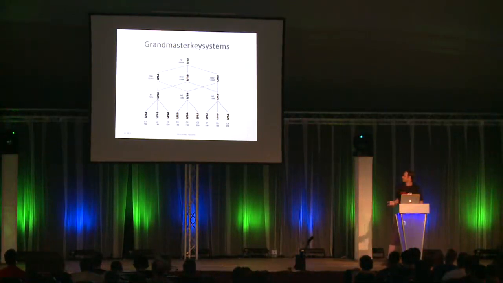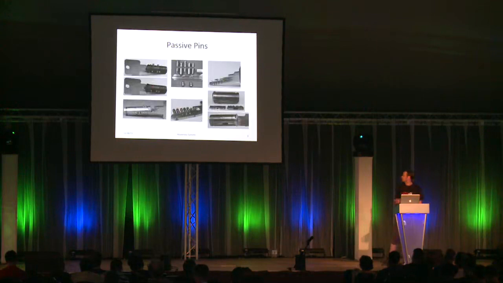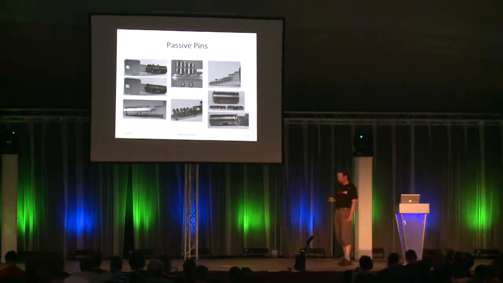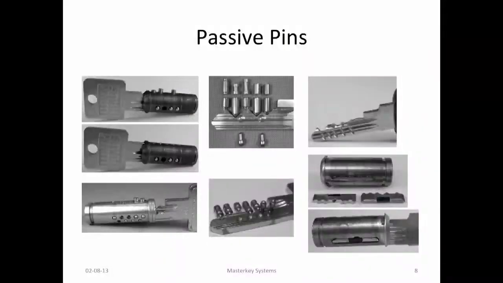Behind the mechanical part you can do many different things. Also, what we use are passive pins. This is what I will use to get the permutation on it. About passive pins: if you drill all the holes inside the key, you can open more locks than what the manufacturer thinks. It's only to get more permutations on the system. There's nothing to do with security.